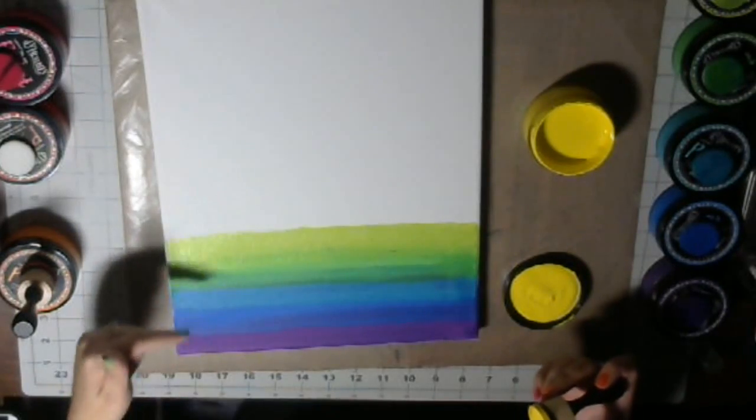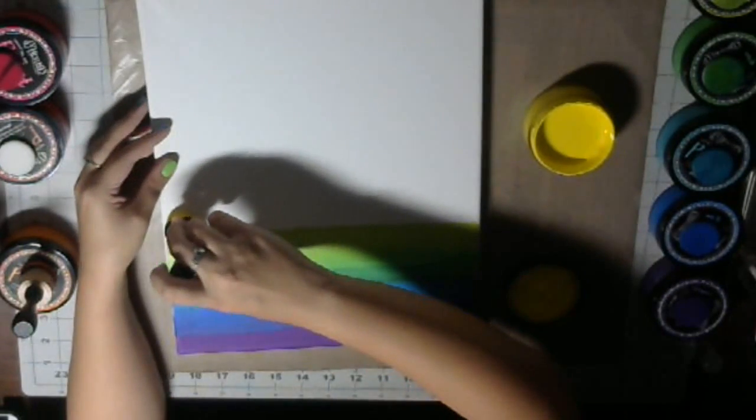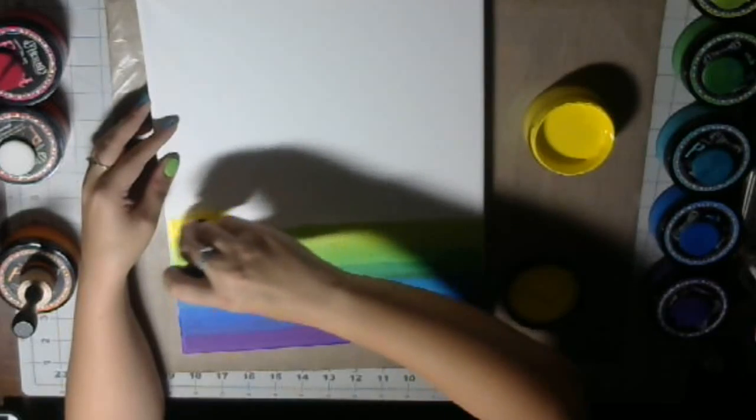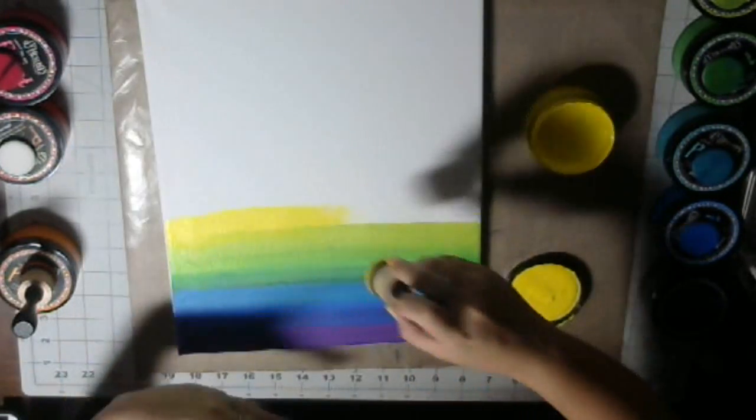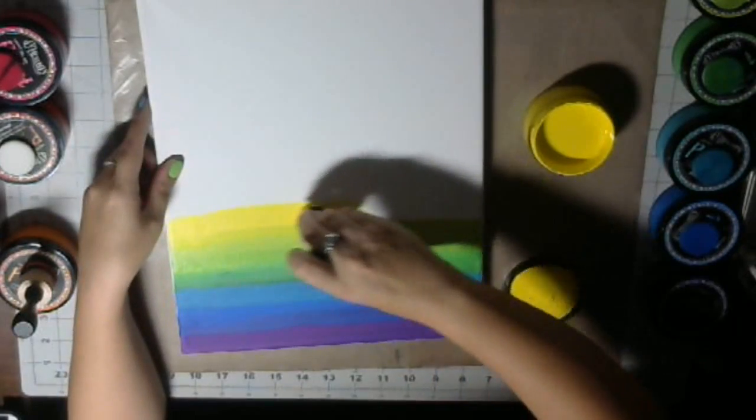Red, orange, yellow, green, blue, purple. Okay, sorry, making sure I'm doing my rainbow right. Anyways, I can never remember it backwards. Forwards, I'm good. Backwards, not so much. So, anyways,